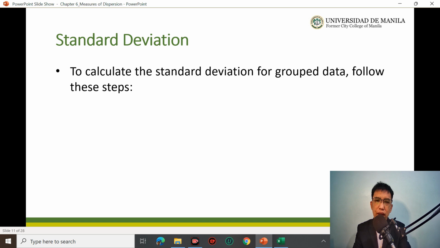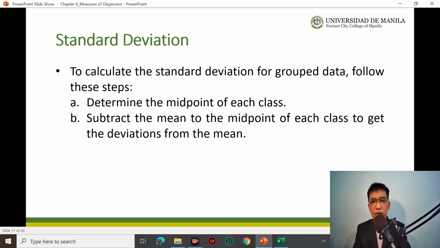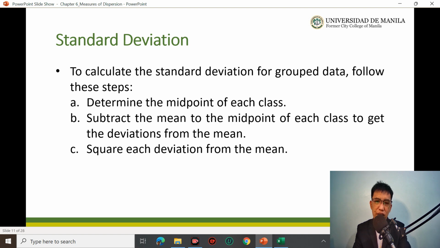To calculate the standard deviation for grouped data, we follow these steps. Step A is to determine the midpoint of each class. Then we subtract the mean from the midpoint of each class to get the deviations from the mean. It's almost the same as what we did in the previous video, but this time, given a frequency table, you're going to find the standard deviation. That is what we're discussing here. Okay? Then you square each deviation from the mean